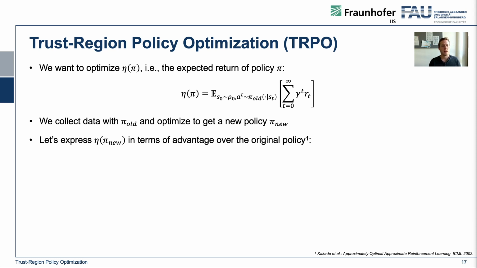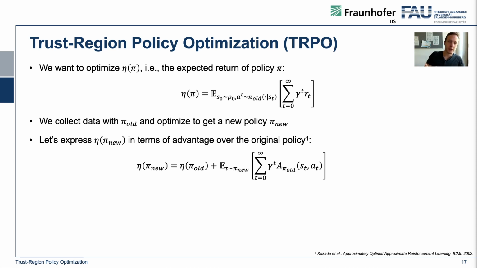And actually how we can do this. This is building on a very mature paper from 20 years ago. What we can do is express eta of our new policy pi in terms of the advantage over the original policy pi. We can say that the expected return of our new policy pi new is nothing else than the expected return of our old policy pi plus the expected